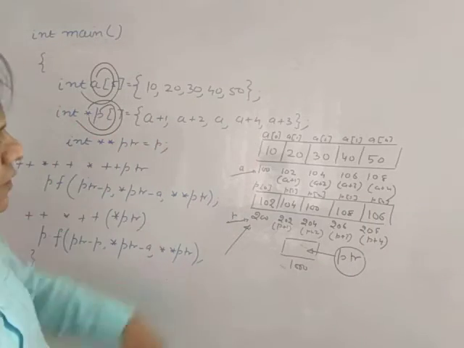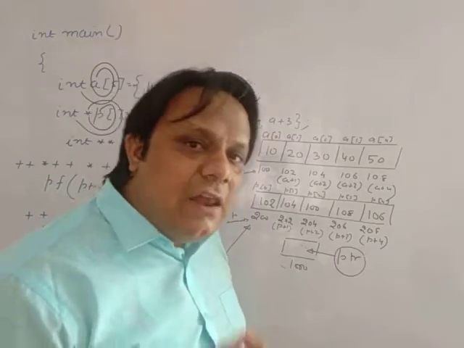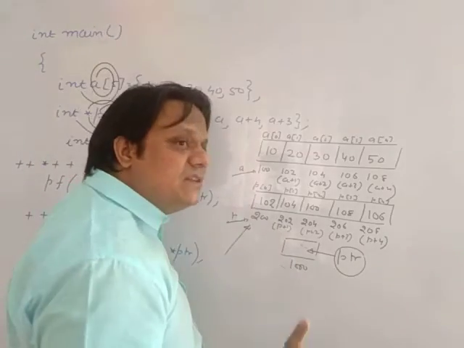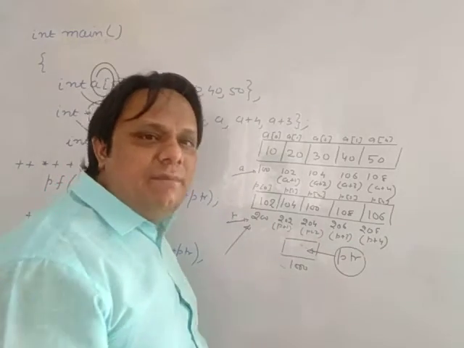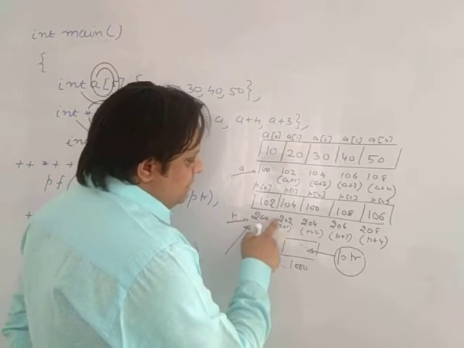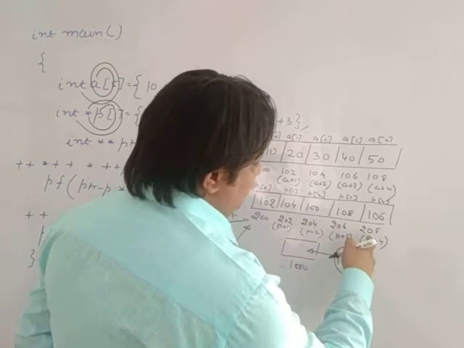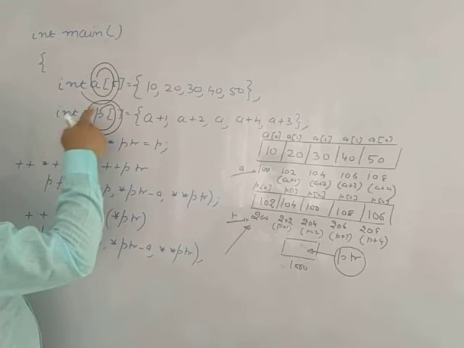So this P is also an array. I told you array name means base address. Somebody asked you, so what is the value of P? The value of P is not 102, because P being an array, name of array means the base address of the 0th element of the array. Therefore the value of P is 200. So this is P plus 1, P plus 2, P plus 3 and P plus 4, because P is an array.